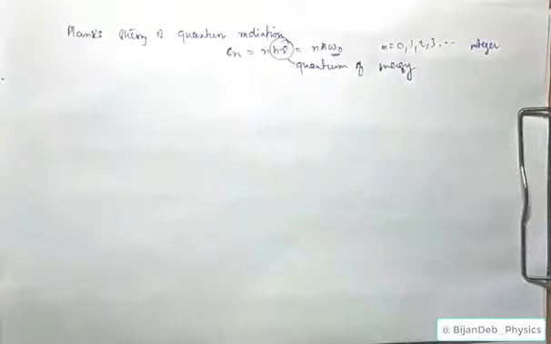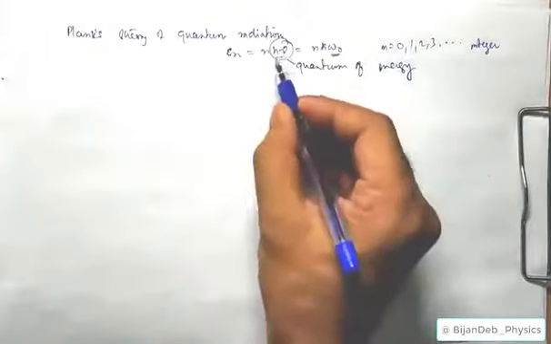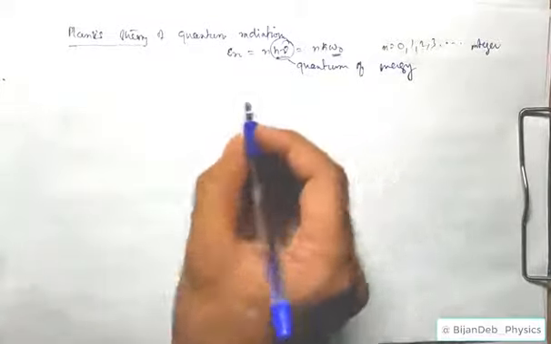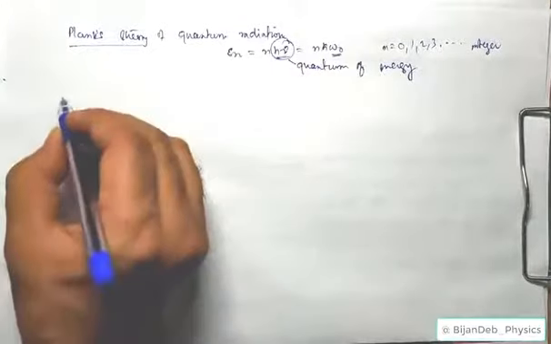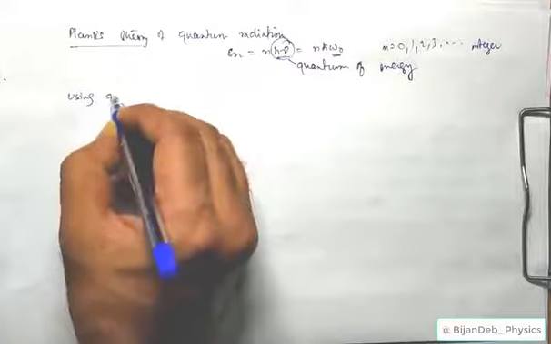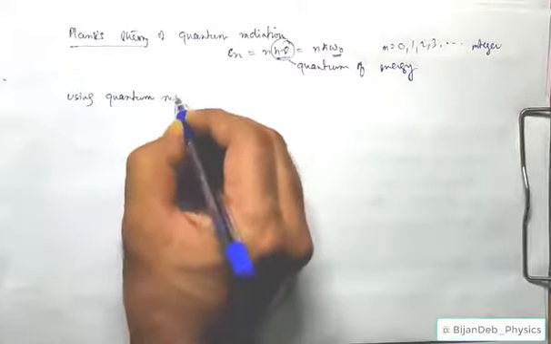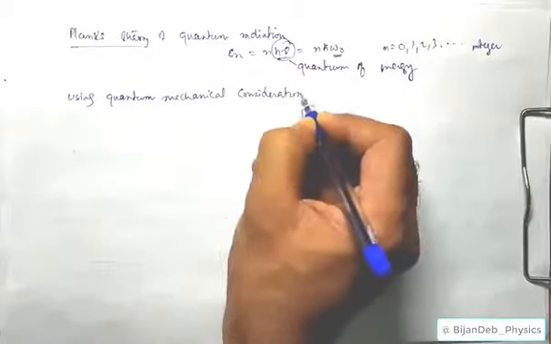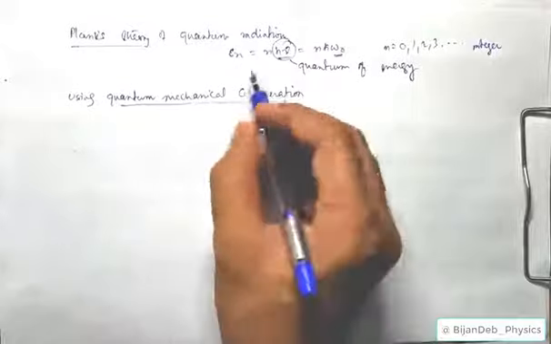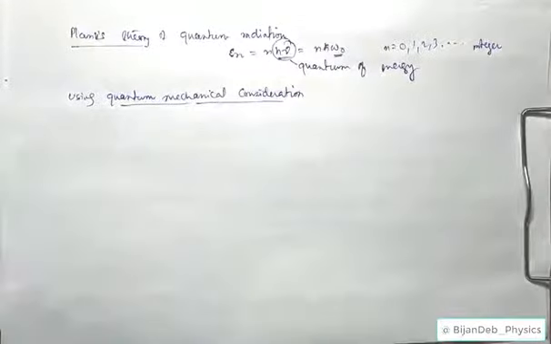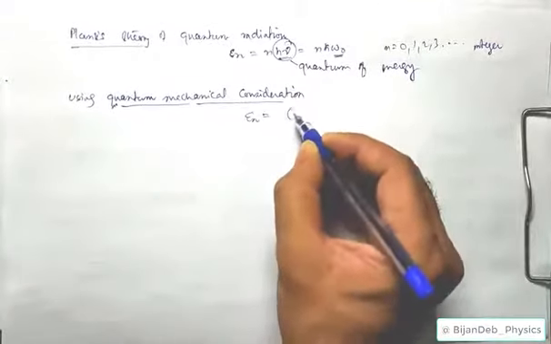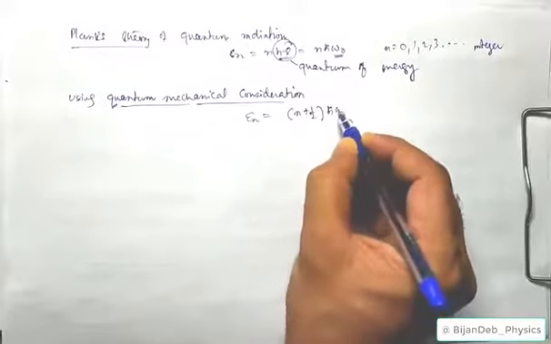So energy can be either absorbed or emitted in the form of h nu. So this is given by Planck's theory, and this is one of the expressions of energy we can use in case of quantum theory. And another is using actual quantum mechanical consideration, actual quantum calculation. Actually Planck's law was an approximation where classical and quantum concepts are mixed, but using the actual quantum concept, the energy of a harmonic oscillator is found to be n plus half h cross omega 0.